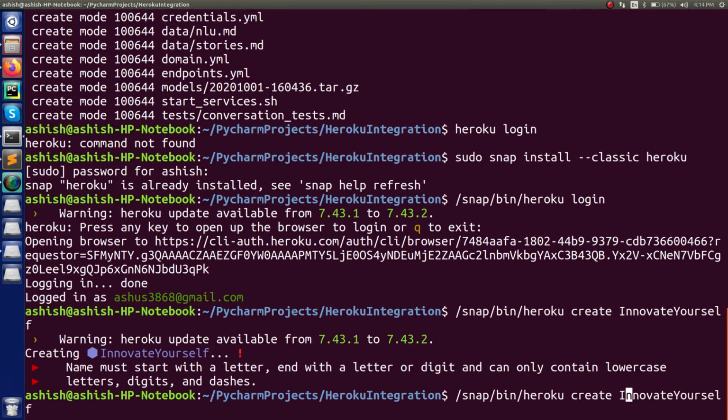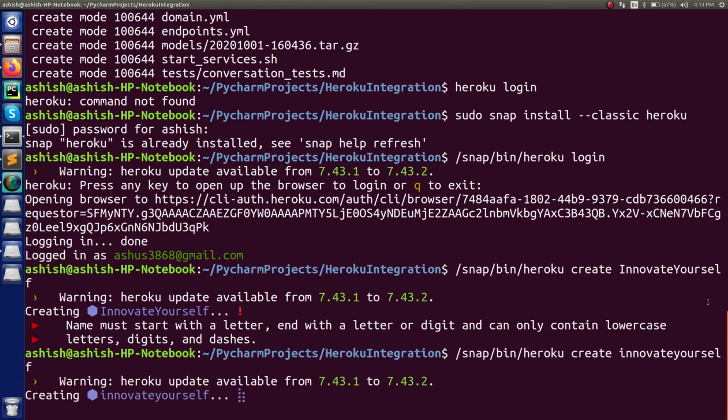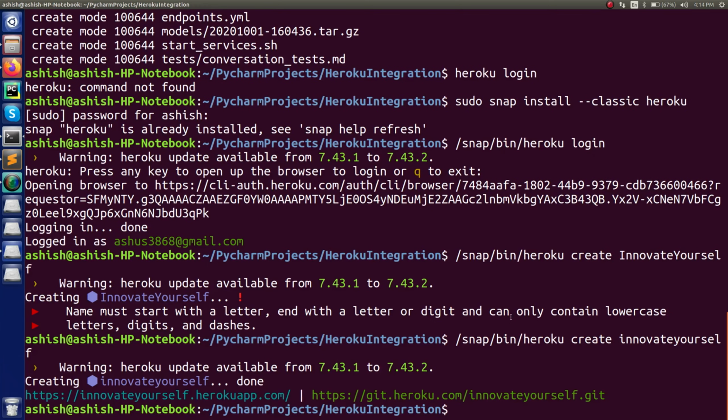So let me just change it, innovate yourself. Now press enter. So you have to follow this process, then only you can create the name. Now can you see it has created a repository for me with the name innovate yourself. So these are the paths to my directory, right? So this is how I can do it, right?